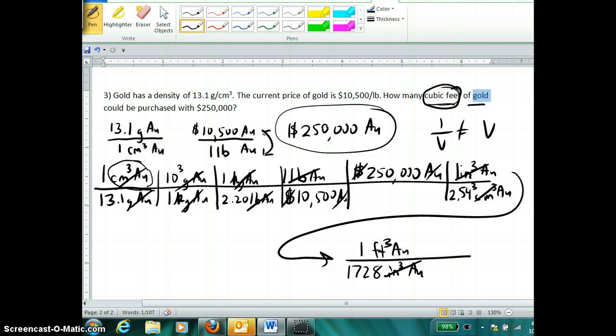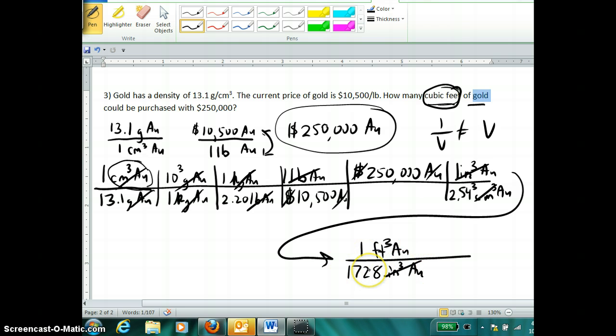So you take out your calculator and you divide 1 by 13.1, you multiply by 10 to the third, you divide by 2.20, you divide by 10,500, you multiply by 250,000, you divide by 2.54 all cubed, that's 16.4, and